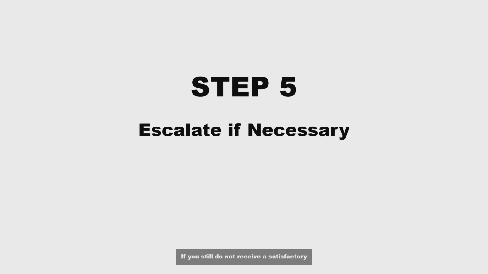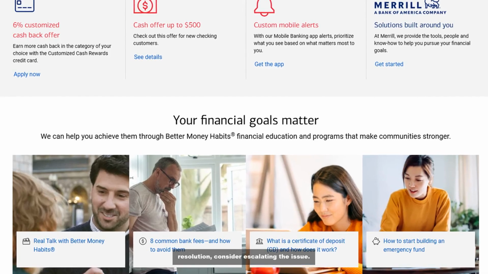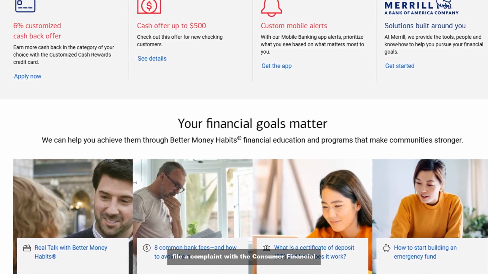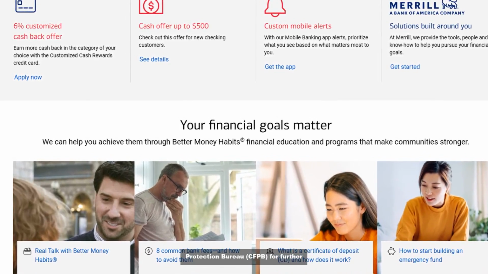Step 5. Escalate if necessary. If you still do not receive a satisfactory resolution, consider escalating the issue. You can ask to speak with a supervisor or file a complaint with the Consumer Financial Protection Bureau, CFPB, for